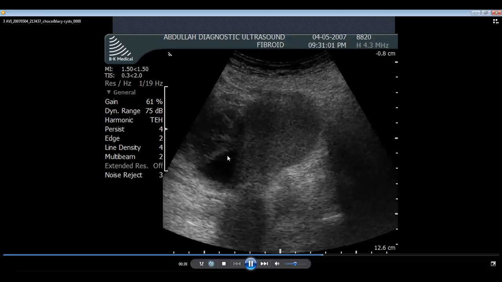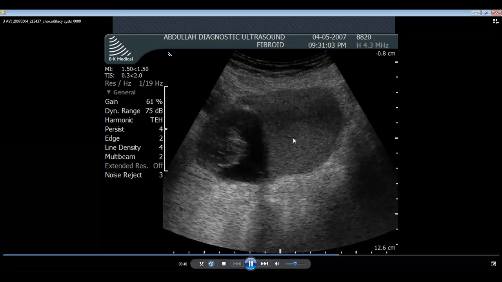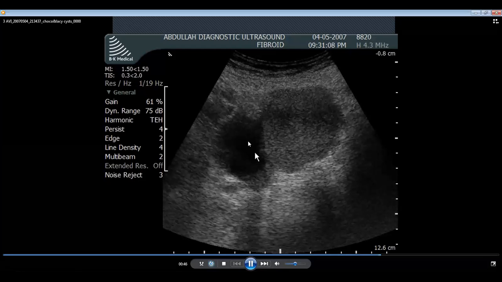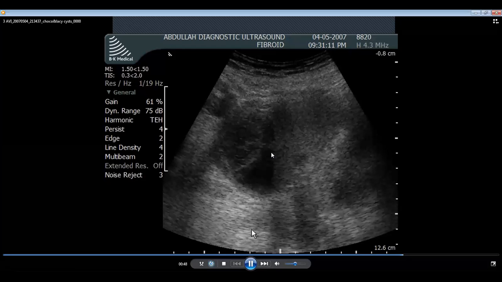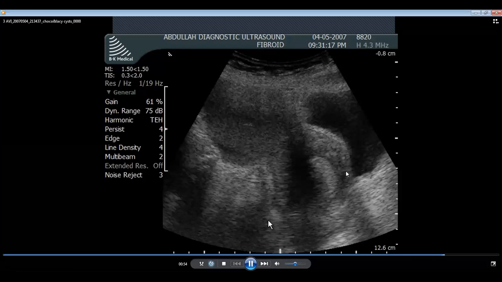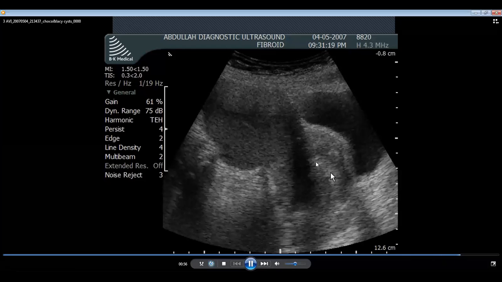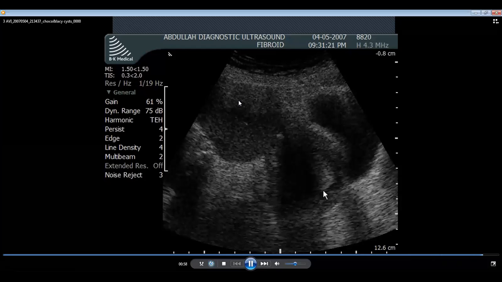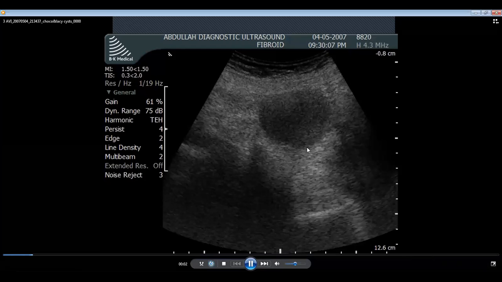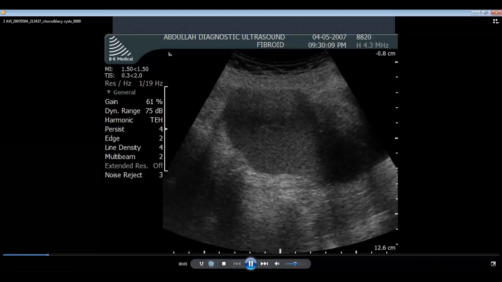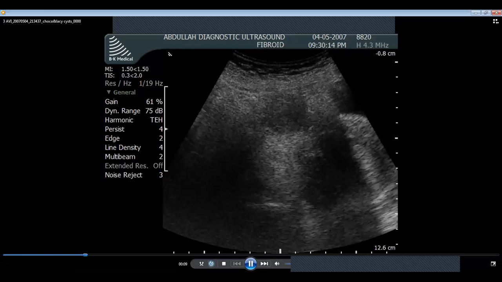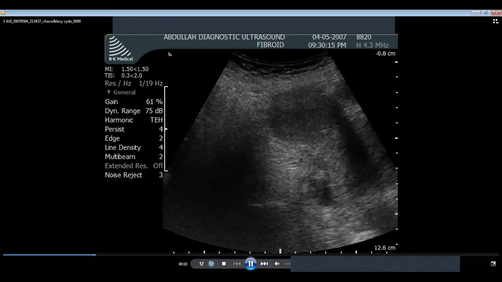This is the chocolate cyst, full of altered blood. And this is a hemorrhagic cyst adjacent to it, just an incidental finding. And there you see the uterus with endometrium. So it looks solid, but there is always posterior wall brightness, which will make life easy for us to confirm that we are dealing with a